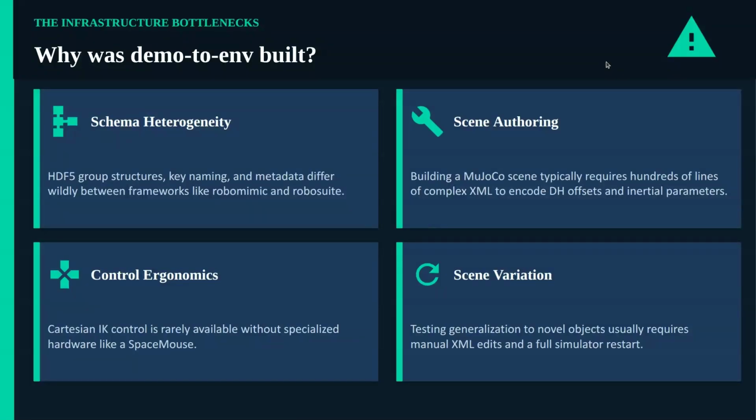Scene variation. One of the things we had in mind is, let's say I have an existing demo, picking a cube, picking a block. It's like data augmentation. I want the same data. So in picking a can, I would have almost a similar trajectory. Maybe the grasp would be a bit different, but the trajectory would be almost similar. For lifting, in a lot of tasks you could swap a cube for a cylinder or a sphere. So it's like data augmentation, which is possible by swapping objects in your existing data set.